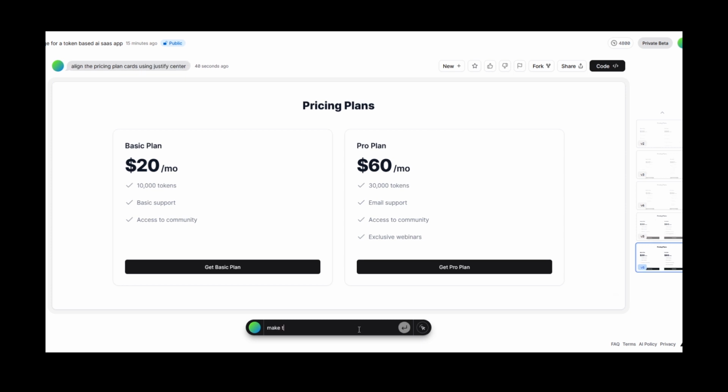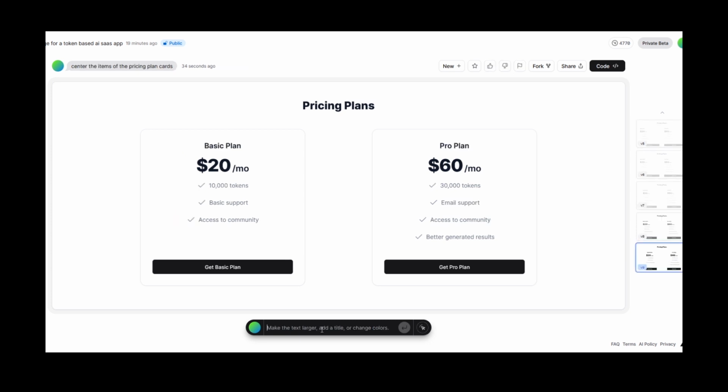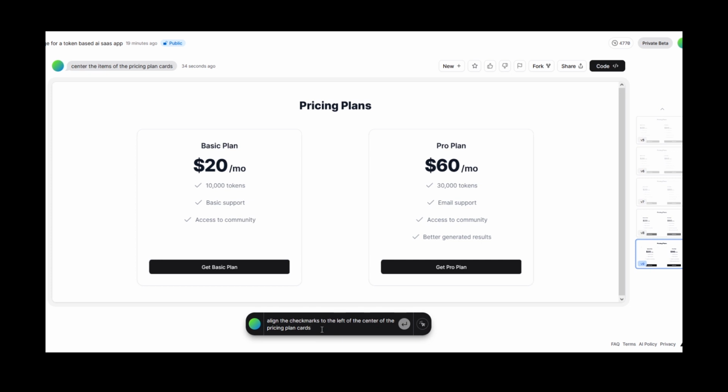Okay, once again, make the pricing plan cards have smaller width. Perfect. Center the items of the pricing plan cards. Okay, it did exactly that, but now they look a bit misaligned. Align the check marks to the left, the center of the cards, pricing plan cards,